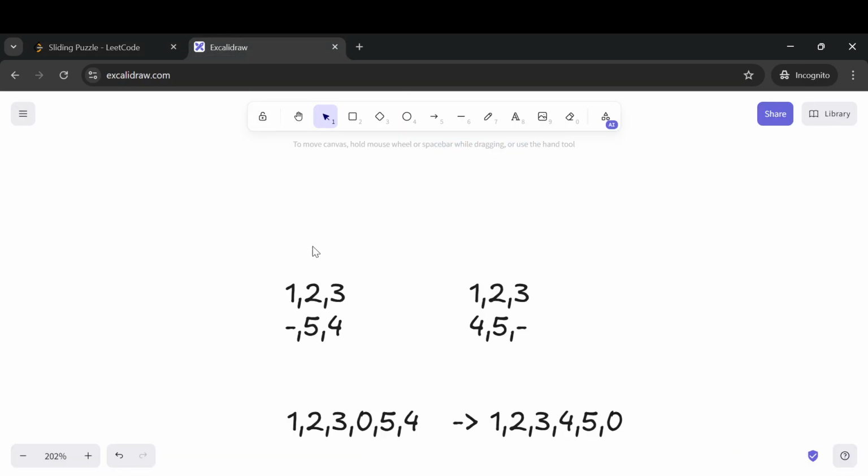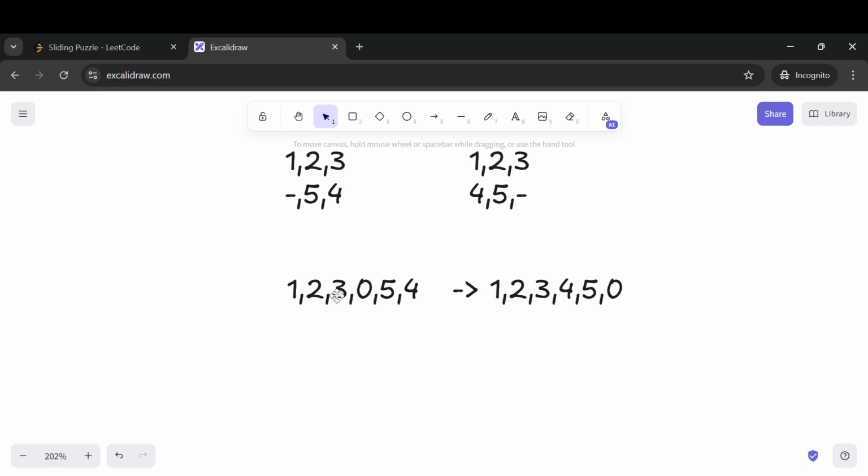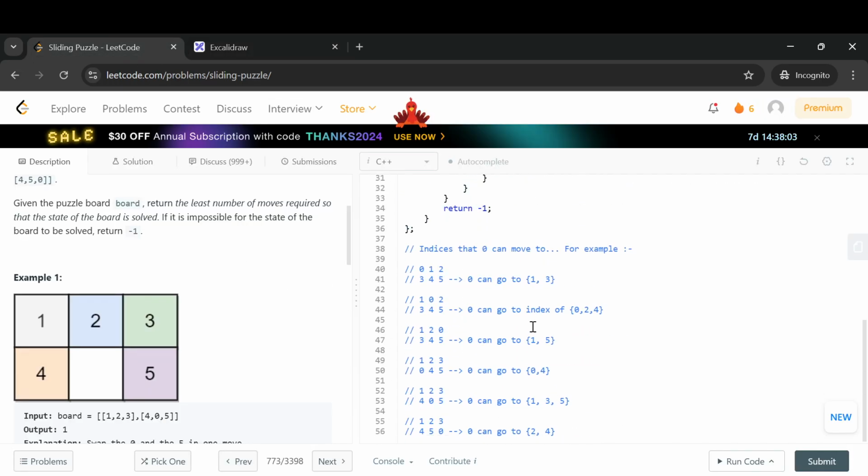So if you look into these kinds of problems, you are allowed to do shifting based on the neighbors. Let's say 0 is present over here, then 0, aka the empty cell, can be shifted with 1 or 3. That's what I have written here. Similarly, if 0 is present over here, it can be shifted with index number 0, index number 2, as well